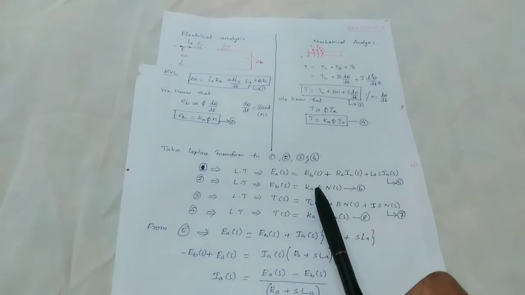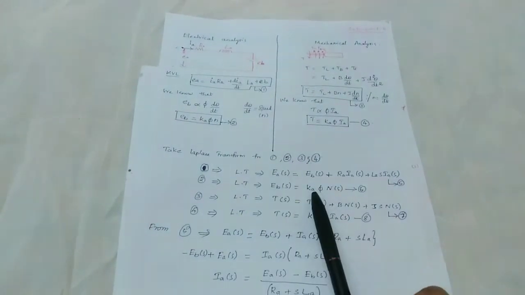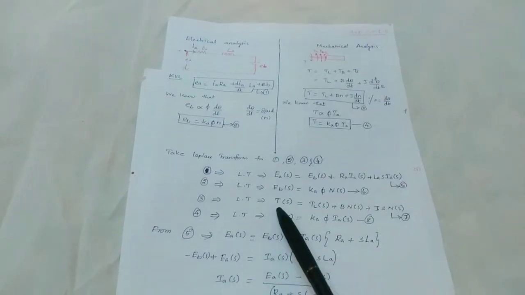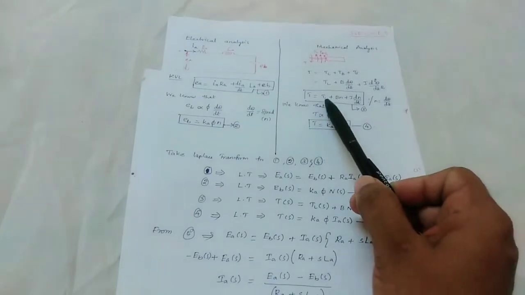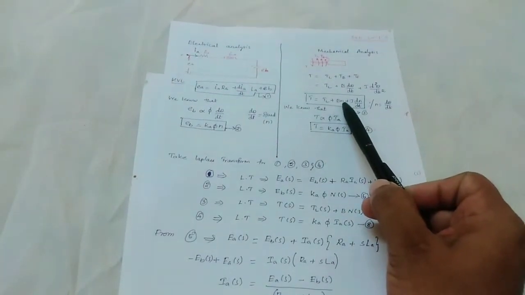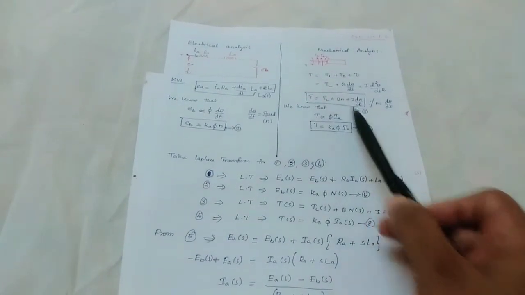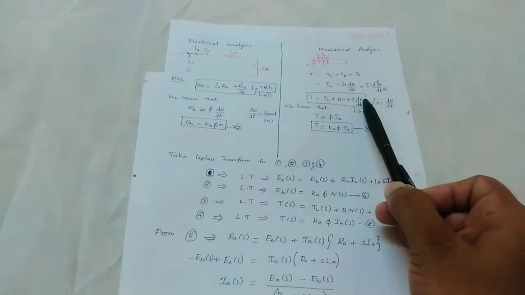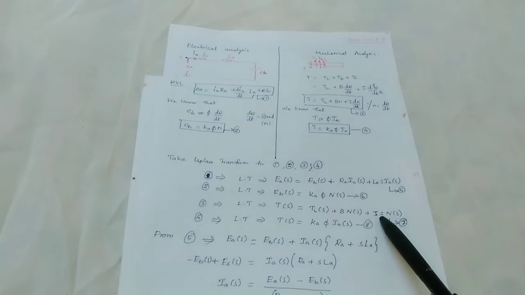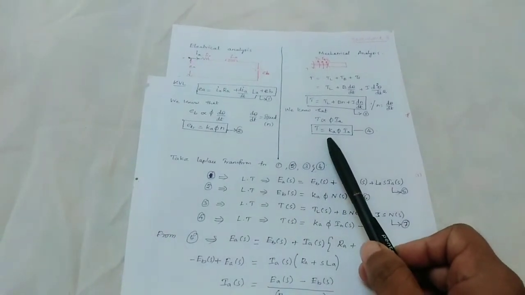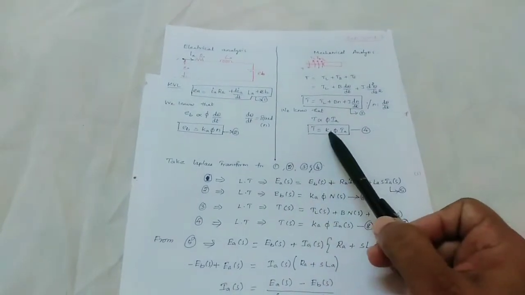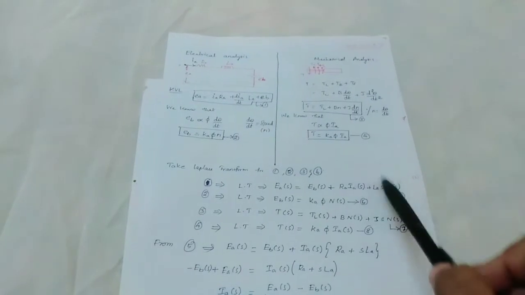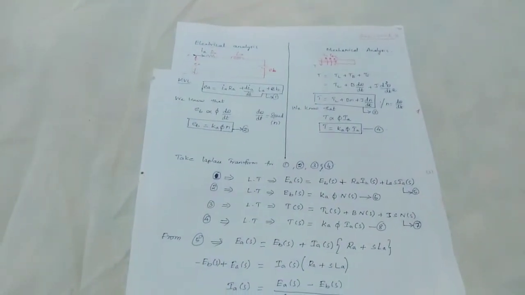Further, we have the second equation. In the second equation, Ka and φ are both constant, so n is taken as n of S. And the third equation, equation number 3: T of S is taken as T of S, TL will be TL of S, and in Bn, n is variable, B is constant, so B is taken as constant here and n will be n of S, plus J as it is, and J dn/dt will be S into n of S. And the remaining fourth equation: T will be T of S, Ka constant as it is, φ as it is, and Ia is the variable, so Ia of S. So all the equations 1, 2, 3, 4 become 5, 6, 7, 8 after the Laplace transform.